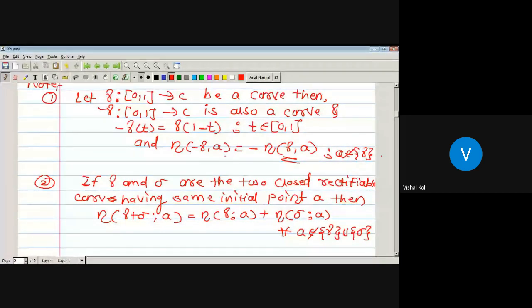If suppose we have to find out the index of a curve that is the sum of two curves with respect to a point A, then we have to find it individually. First we have to find the index of the curve gamma around a point A, and the index of the curve sigma around the point A, and if we take the sum, then we will get our required index of the sum of these two curves around a point A. Okay,